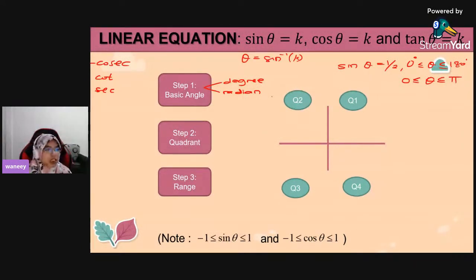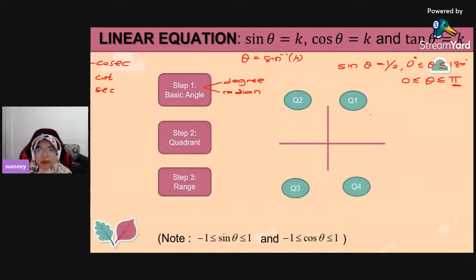So we need to change the mode of our calculator depending on the range that is given in the question. If we have degree in the question, then our mode will be degree as well. If we have radian in the question, then your basic angle should be in radian as well. If you see something with a pi, that means radian. If you see something with a circle at the top, that means degree. Okay, so once we know what the basic angle is, then the second step is that you have to check